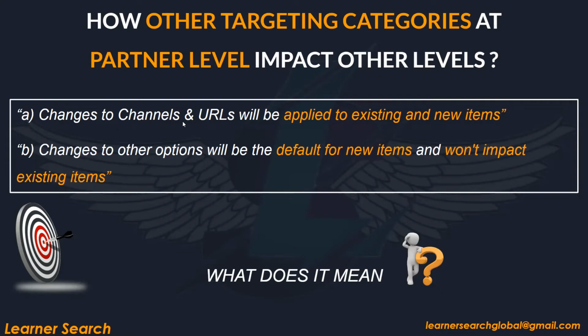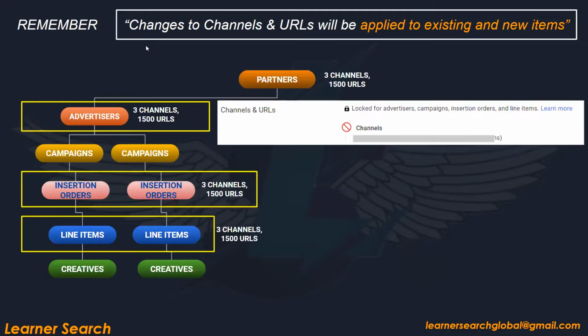Changes to channels and URLs will be applied to existing and new items. And B, it is mentioned as changes to other options will be default for new items and won't impact existing items. So what exactly does it mean? Let's look into that. First one, it is given as changes to channels and URLs will be applied to existing